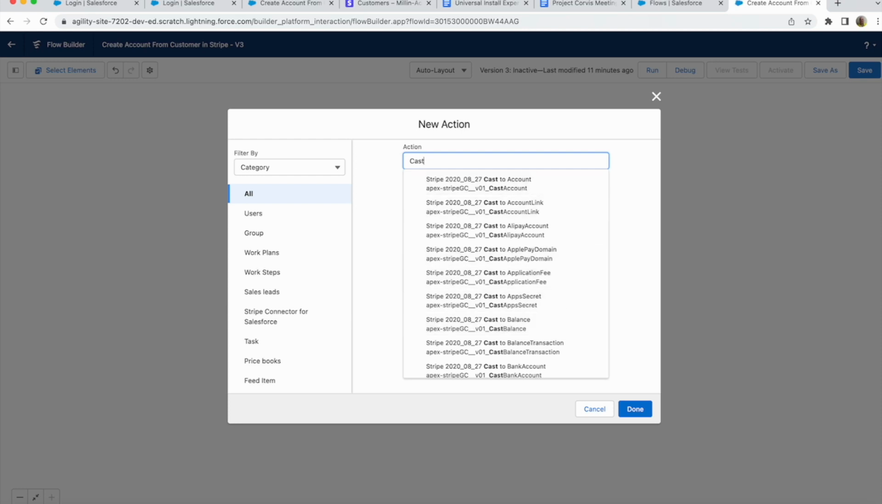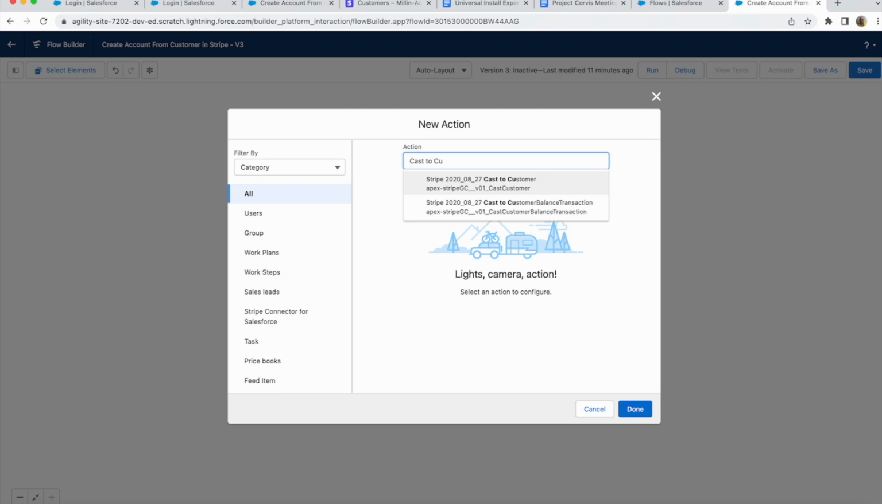But for this exercise, we're looking to cast to customer. So I'm just going to go ahead and say cast to customer. And in the naming scheme, you'll see a couple things. One, you'll see that it's Stripe to denote that that's us. And then the other thing is, remember when a couple exercises ago, or when you installed, you had to select